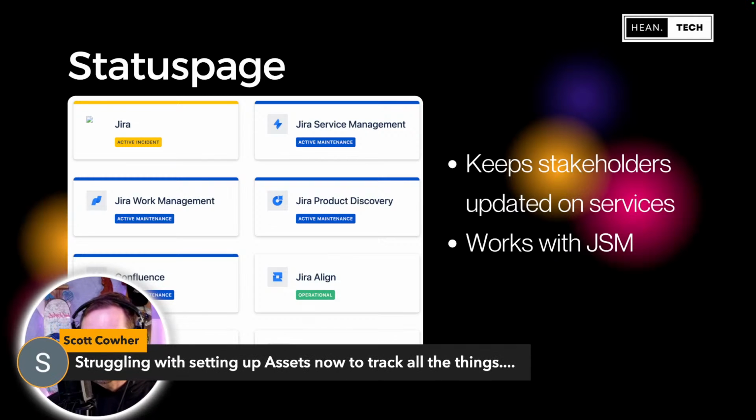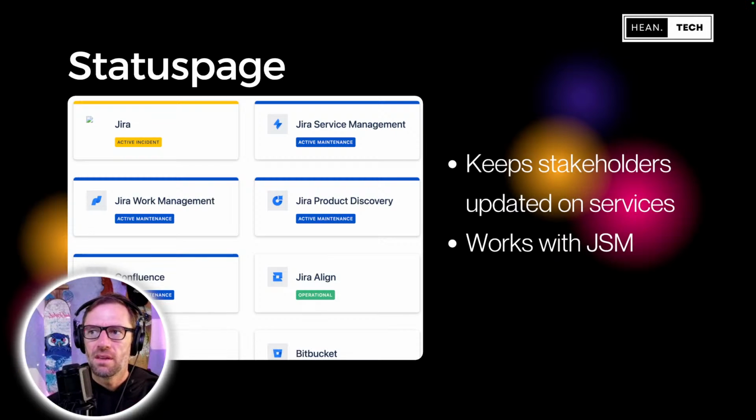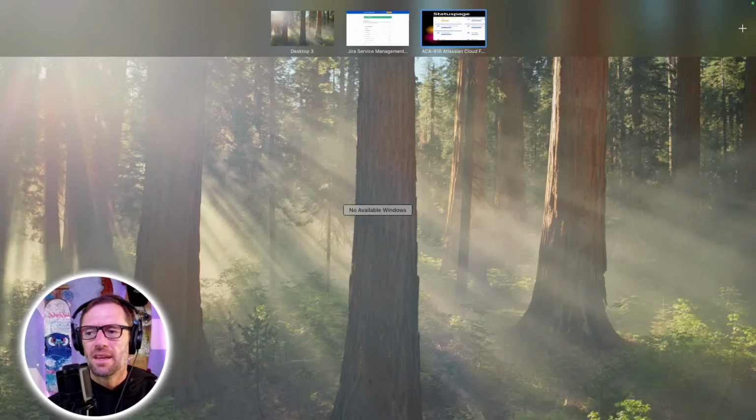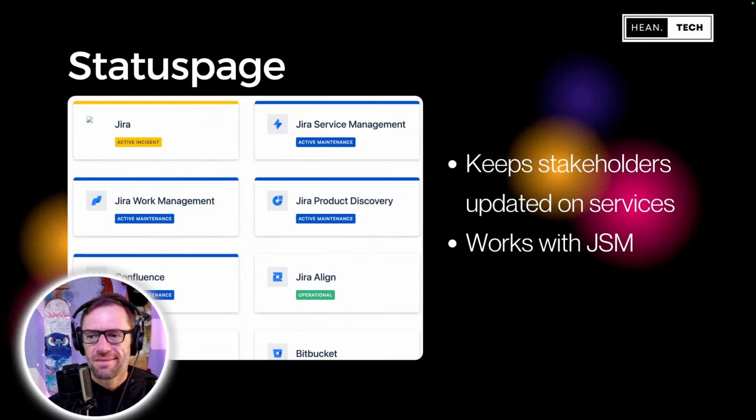Scott is struggling with setting up assets. I am just starting to learn it. Someone else on Atlassian Live Learning, or the Atlassian Live community, is doing some sessions on assets. I'll see if I can dig up the link while we're chatting. But that might be a good place to start, just because I know what I know through kind of experimentation and tinkering. I'm pretty sure this person actually uses it on a day-to-day basis, which makes them a much better person to learn from.